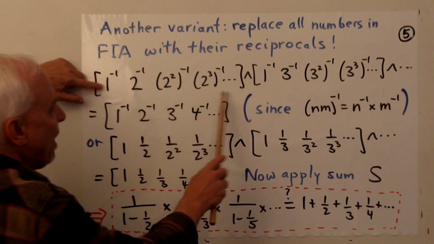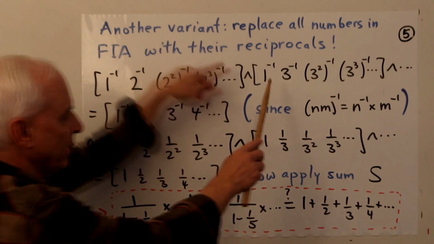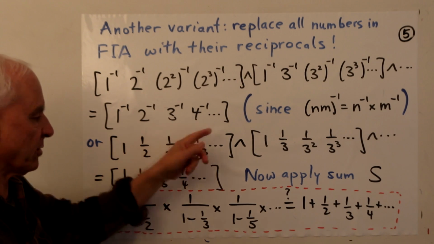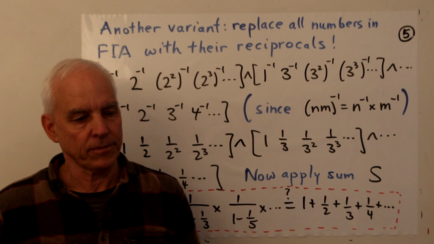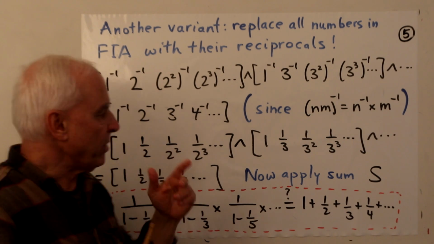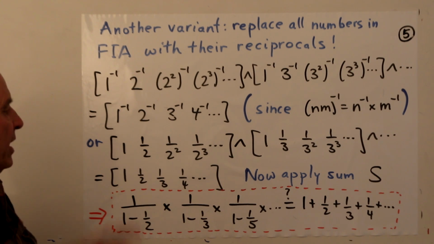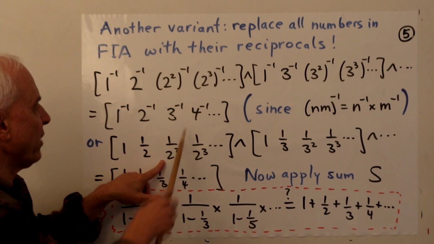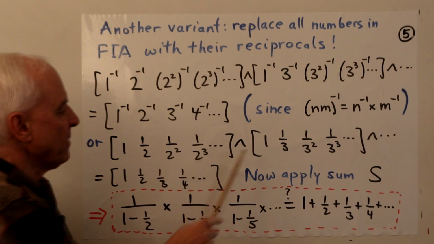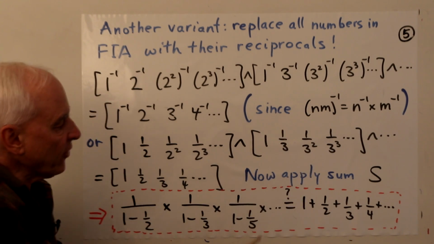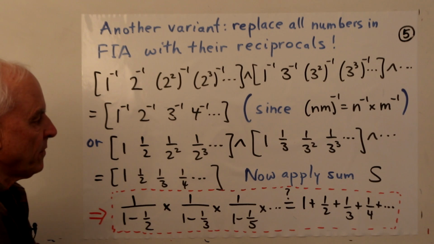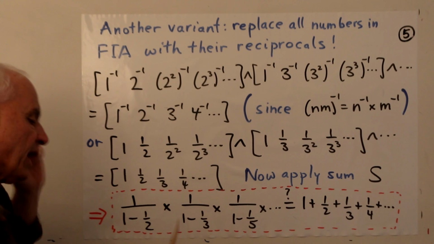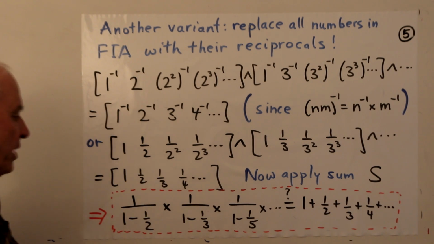So here are the powers of 2, and we're taking reciprocals of all of them. Here are powers of 3. We're taking reciprocals of all of them and carrying everything together. And on the right-hand side, just the reciprocals of the natural numbers. So now let's apply the S operator. Maybe we could rewrite this first of all as 1. Here's 1/2. Here's 1 over 2 squared. Here's 1 over 2 cubed. It's another way of writing it. Again, it's a geometric series, but now the ratio is 1/3. Over the next one, the ratio will be 1/5, and so on. And on the right-hand side, we just get the m set of the reciprocal natural numbers.